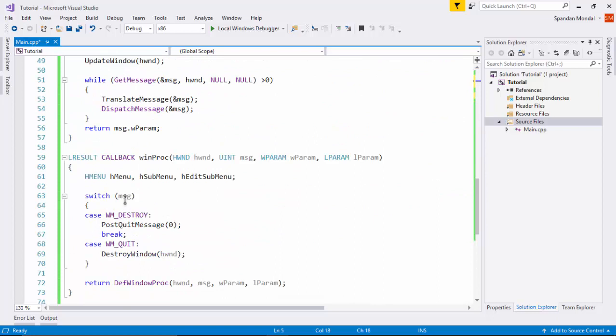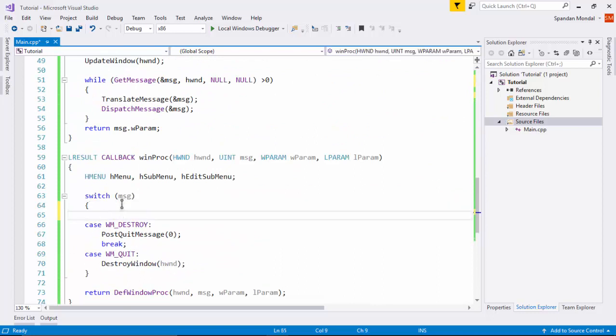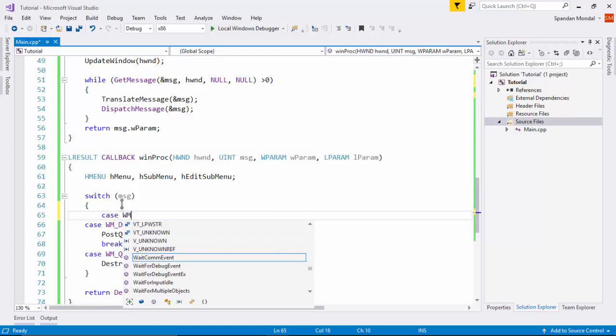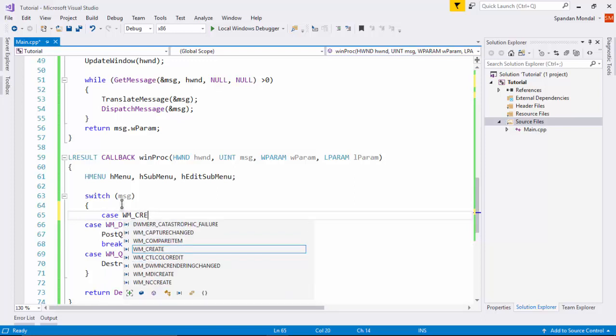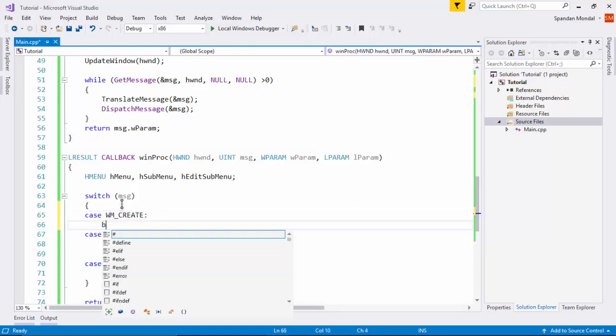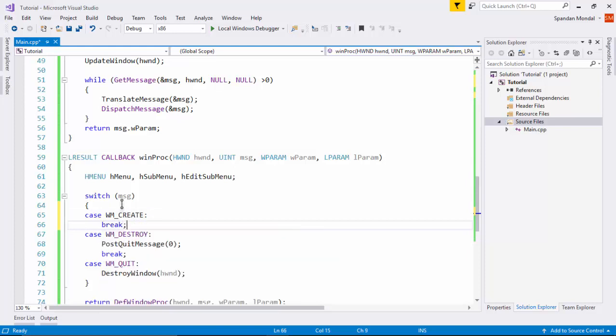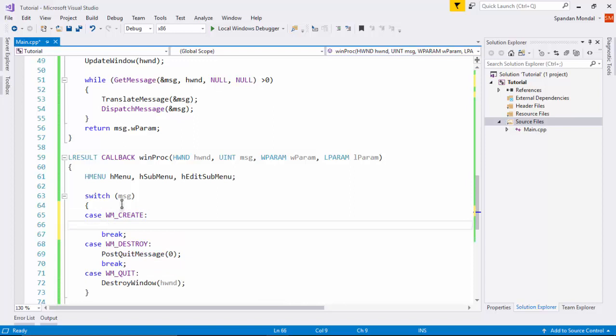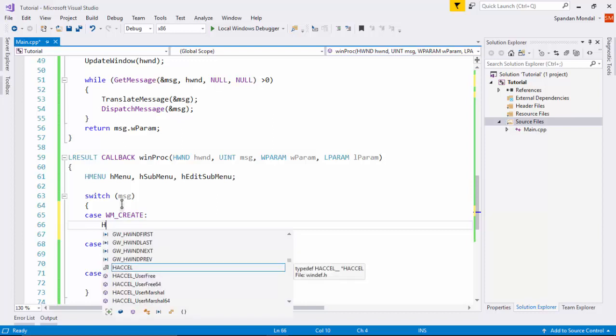Now to create a control, we need to add another case in our Windows procedure. It's called WM_CREATE. So let's add the case WM_CREATE and then break. Now to create a window control, first of all we need a window pointer variable or a handle to a window. So HWND